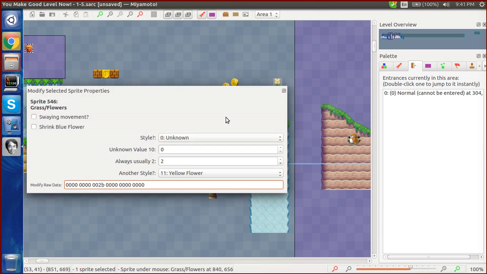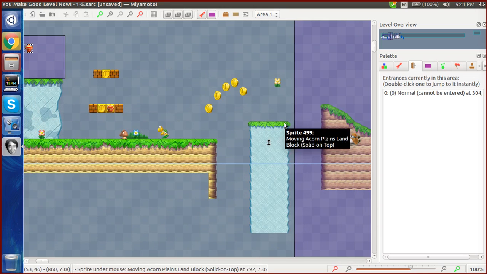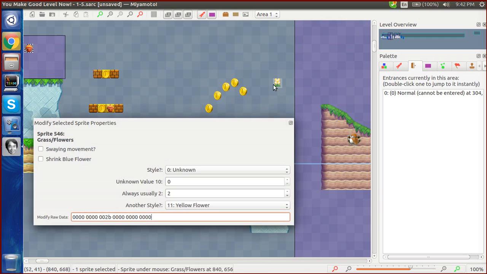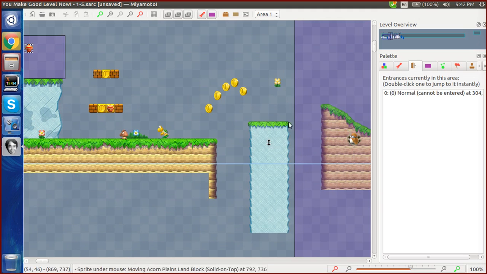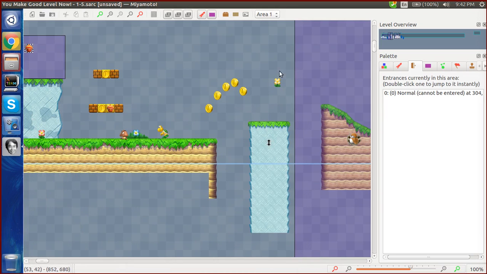Now, let me just show you that these flowers are kind of weird. It's not exactly known how these things work with moving controllers. But these grass/flower sprites are usually used for decorations that move along with moving platforms. And I think you're supposed to set them, like the distance it's supposed to move up above the platform, but